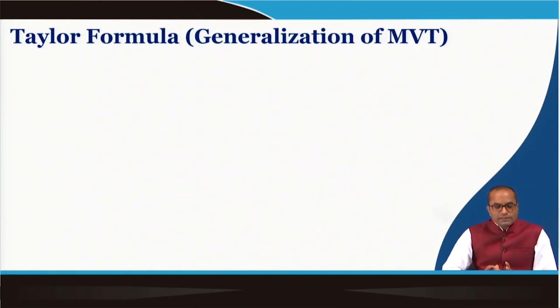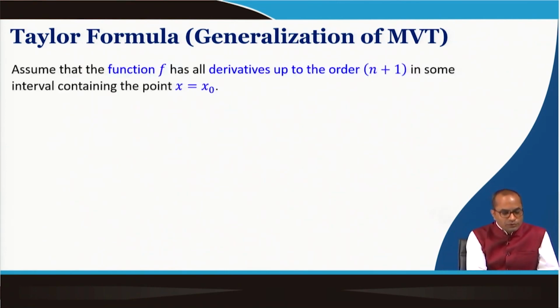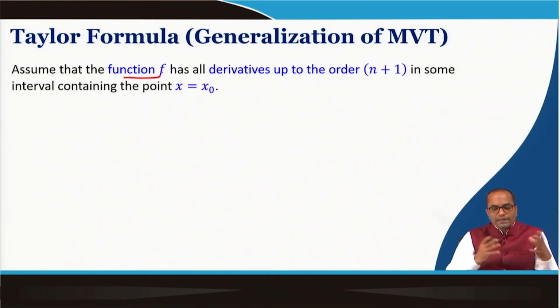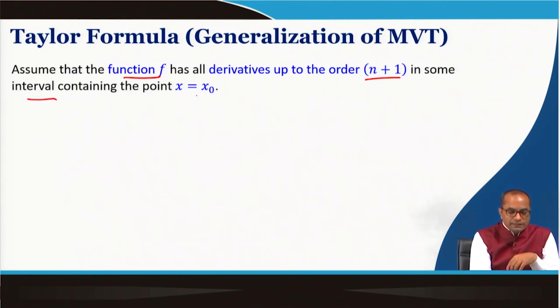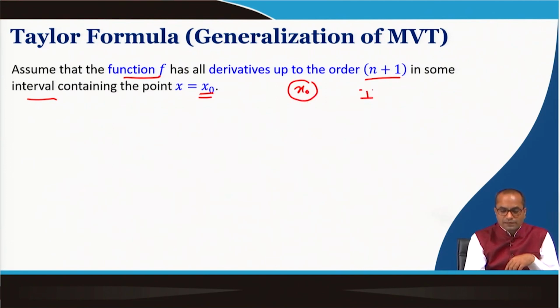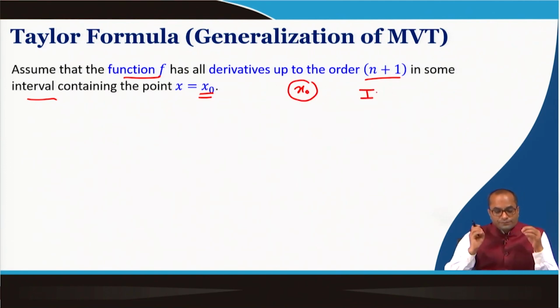So the Taylor's formula, this is a generalization of the mean value theorem which we have discussed in the previous lecture. So assume that a function f has all derivatives up to n plus 1th order. So now we are generalizing this. So we are talking about a function that has derivatives up to n plus 1th order in some interval containing a point x naught. So this x naught is also important. So we have an interval I, let's say, which contains this point x naught,